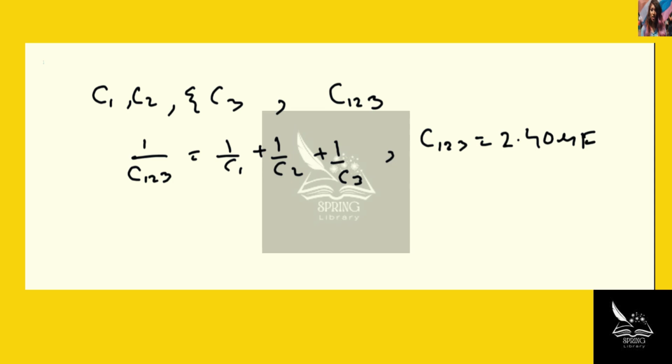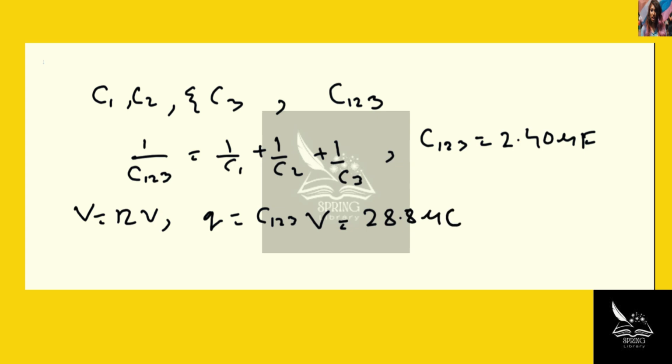With the voltage V equal to 12 volts, we obtain Q is equal to C123 times V, that is equal to 28.8 microcoulomb. In the final situation,